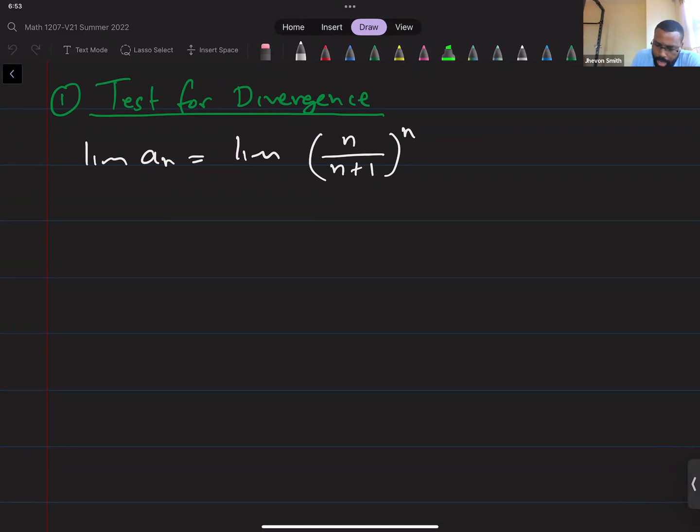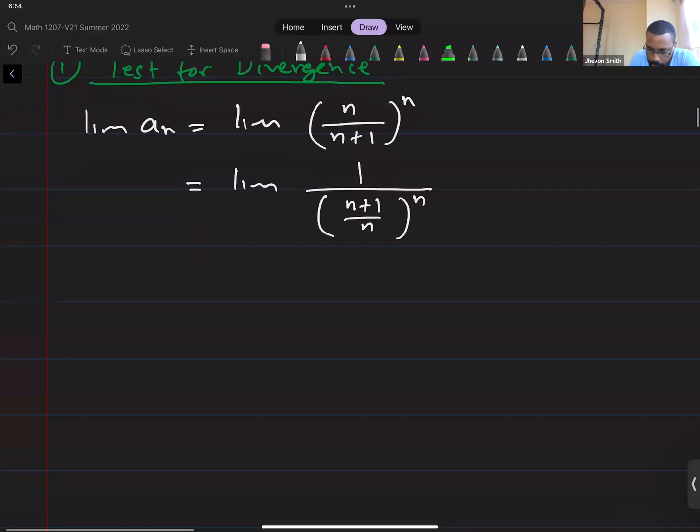One thing you can notice is that this would be the same as 1 over, so I can take the reciprocal and move this into the denominator. And you might think, why would I do that? It's because there's a pattern that I'm seeing. If I see n plus 1 over n, or its reciprocal, raised to the nth power, there's always something I'm going to try to check that I can use to my advantage, because this here